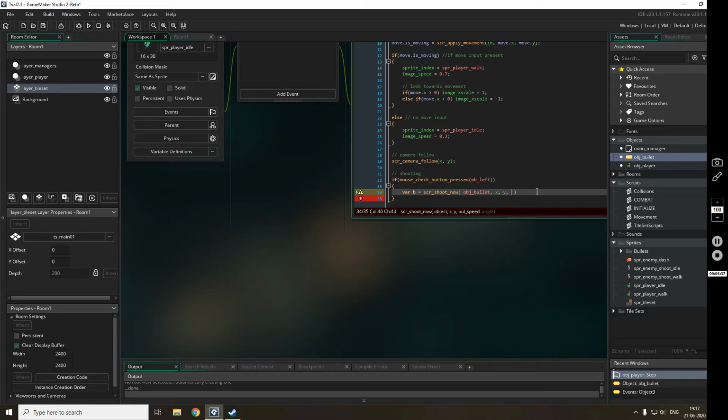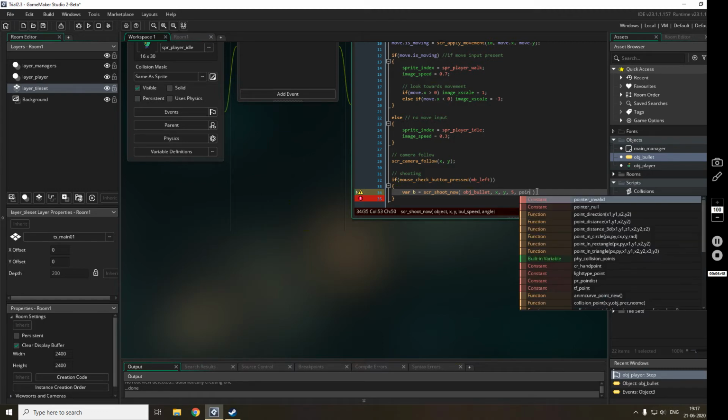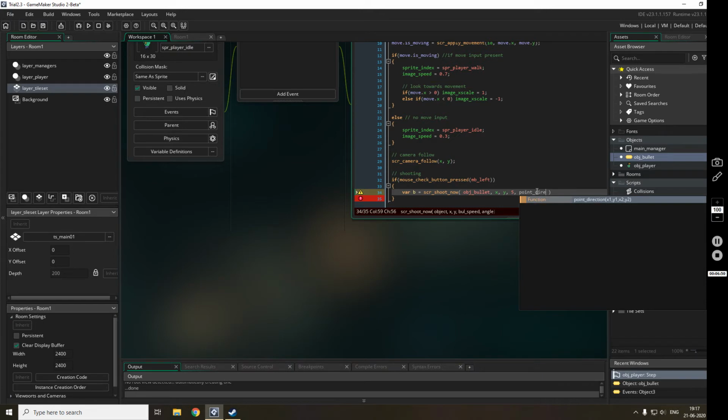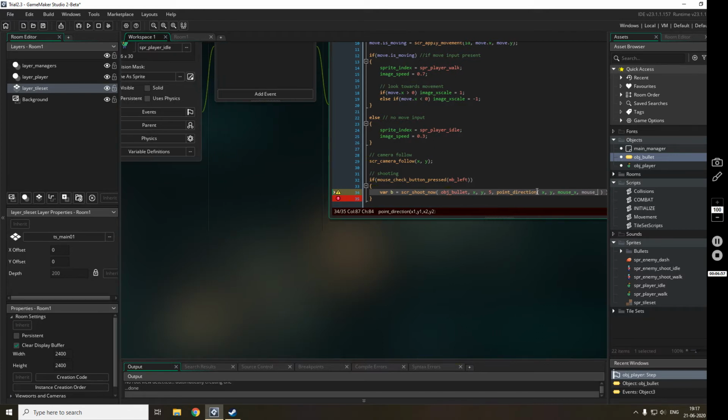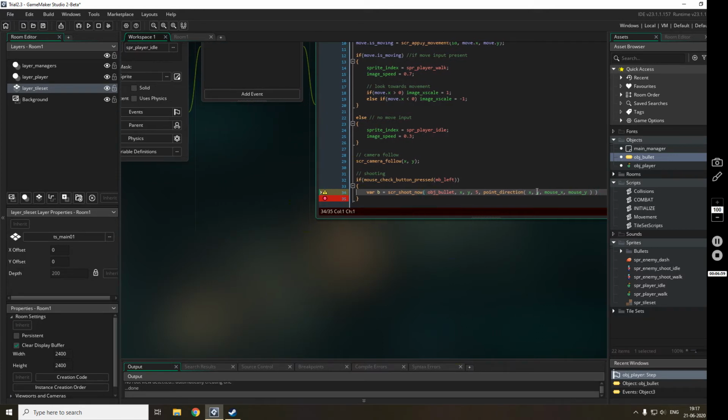Bullet speed I'll give 5 right now, and we'll see how it works, and then the direction we will give will be point_direction of the mouse, basically x, y, and yes. So I guess this will work.